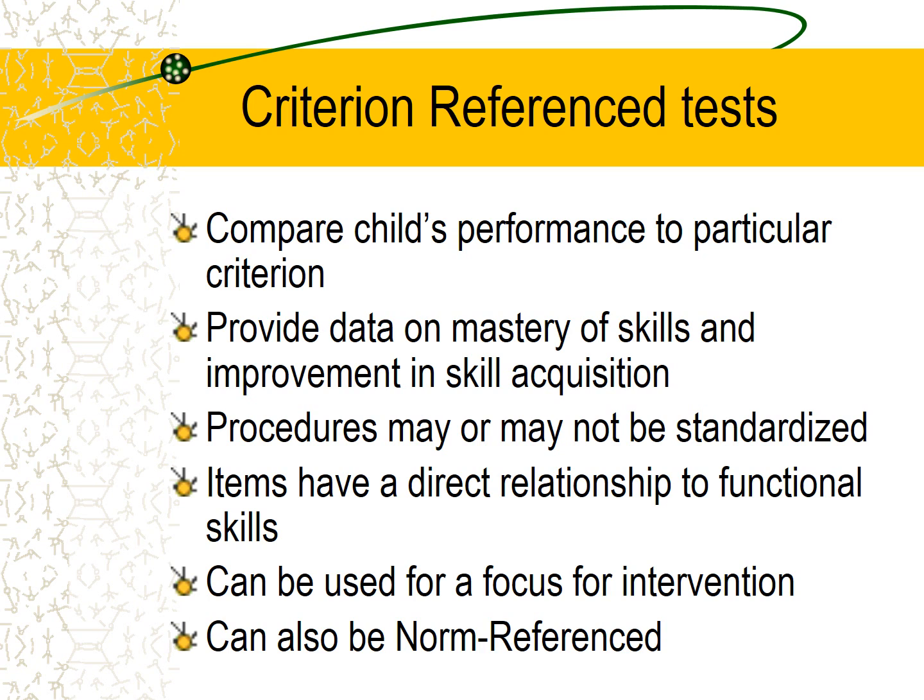Okay, so the Peabody is an example where it is norm referenced, but there's also some criterion in there. A 4-year-old child should be able to touch their thumb to their fingers within so many seconds. Okay, that's not exactly a functional skill that's needed. But that is something that measures fine motor, and it is something that they were able to norm reference, or to compare. Where the Peabody is norm referenced, or where it is more criterion,